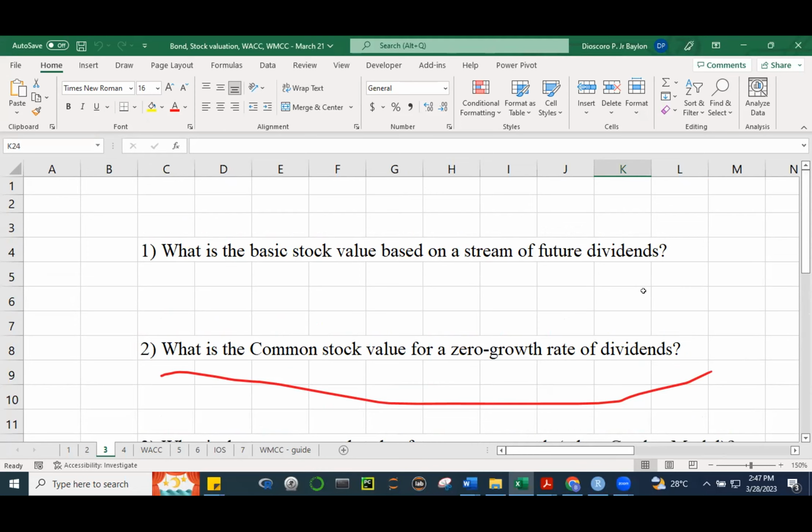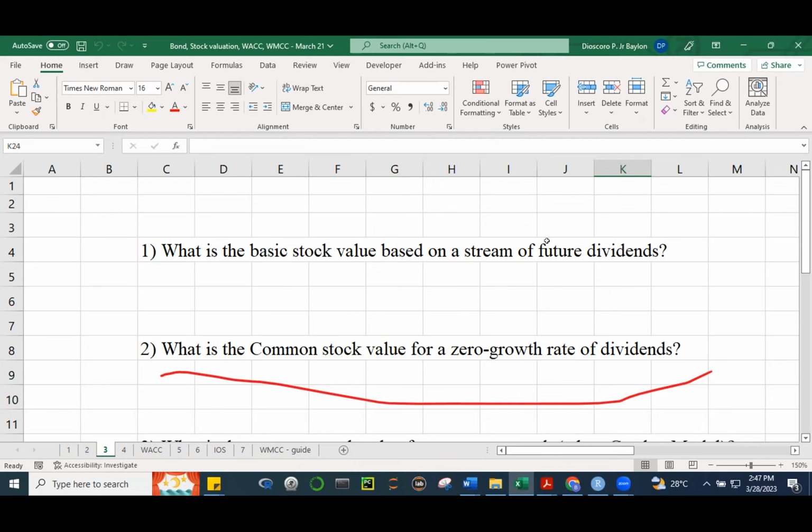So if you're asked what is the basic stock value based on? Sorry, what is the basic stock value based on a stream of future dividends? So how do you compute for the stock value? This topic is all about valuation, valuating assets. Okay, how do you value a stock